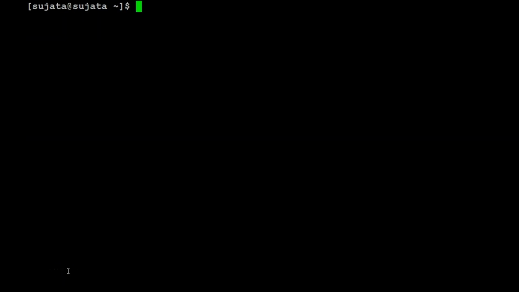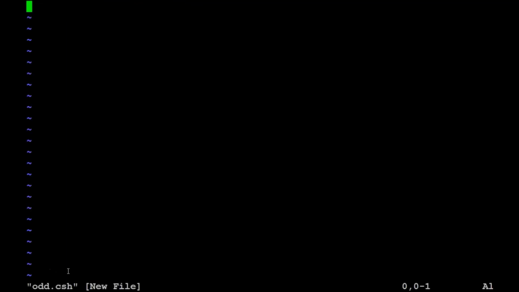Hello folks, welcome to the demo. Foreach looping is easier than while looping because the looping is dependent on the items in the list. If there are 10 items in the list, the script will run 10 times and terminate on its own. Let us create a small script and see foreach looping in action. vi art.csh, take the color off, insert mode, command interpreter,